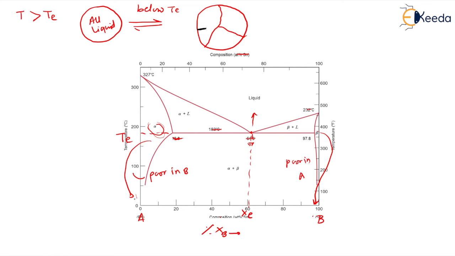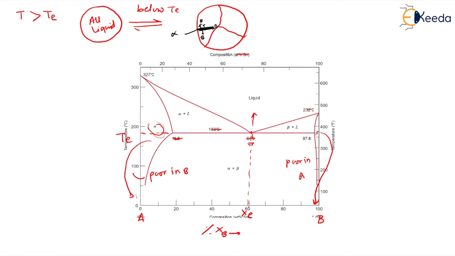It will take all the A for enrichment, then this alpha will be formed here, and as soon as it forms it will reject whatever beta, all the B that is there, isn't it? From the front and sides, this alpha which has started nucleating will now start growing, and while growing it will reject all the B present here. It keeps growing and growing and growing, and definitely it is going to reject whatever B it has.